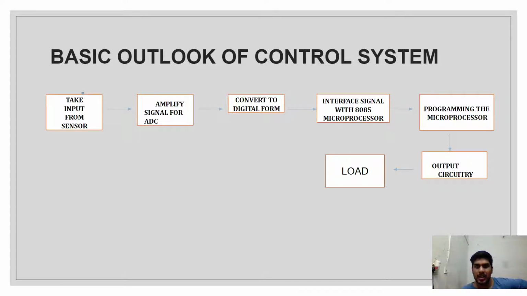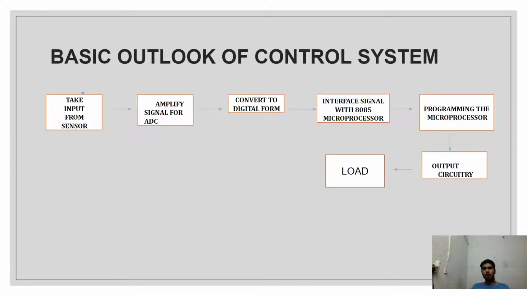The microprocessor, which we have already programmed to take the necessary steps, is going to analyze whether the temperature that we've taken from the sensor is at the desired level, or whether there's a difference between the two. If there is a difference, then it will release an output signal to the load, in this case the heating element, and the heating element is then going to bring in heat or take heat away from the system to bring the temperature to the desired level.